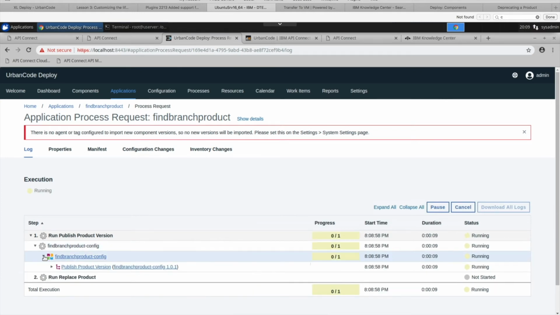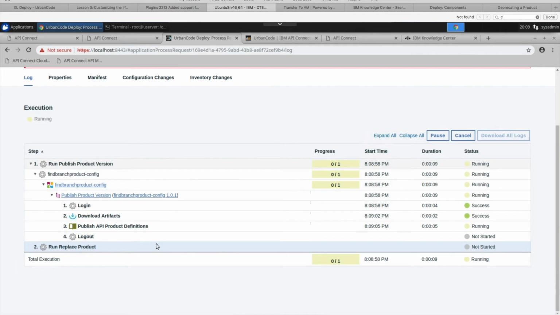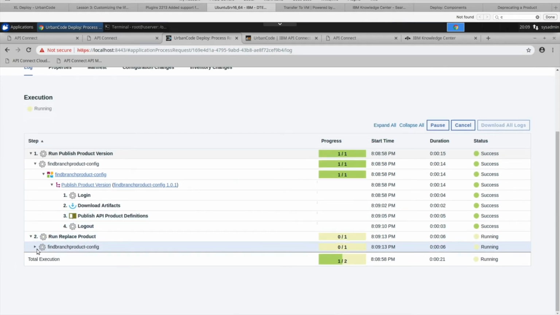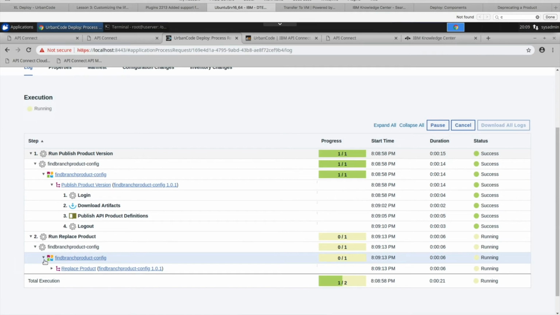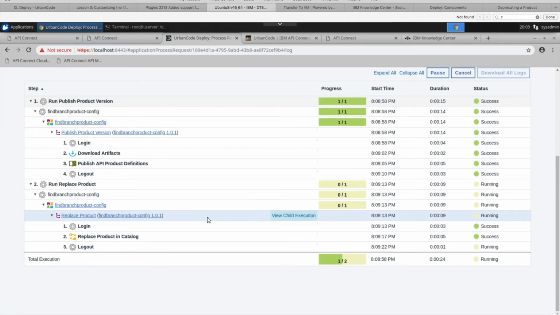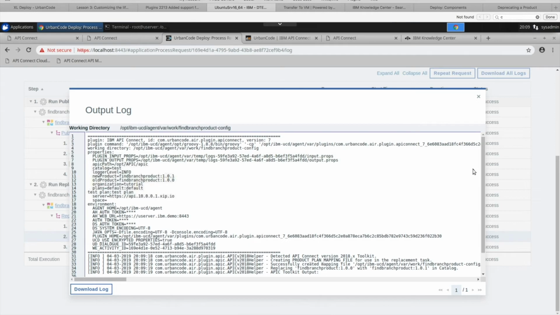So first what I've added is a published product. So we'll first go ahead and publish version 1.0.1 of the product, and then after that's published, we'll go ahead and replace it, which will, as I mentioned before, retire 100 and replace it with 101. So if we look at the replace output,